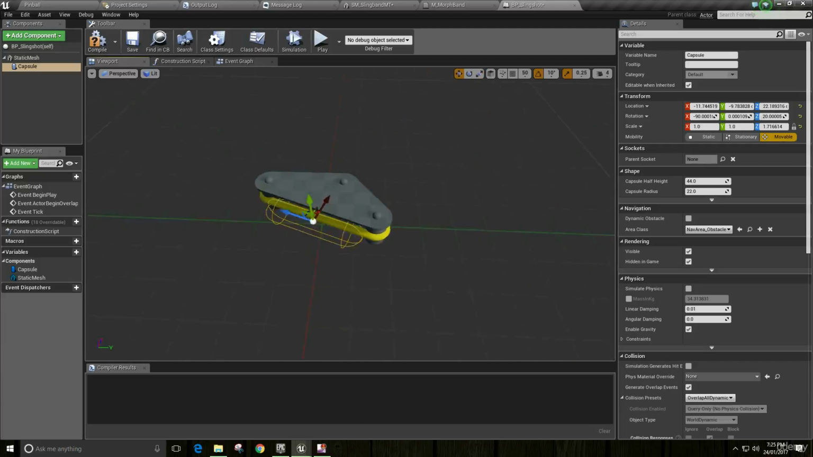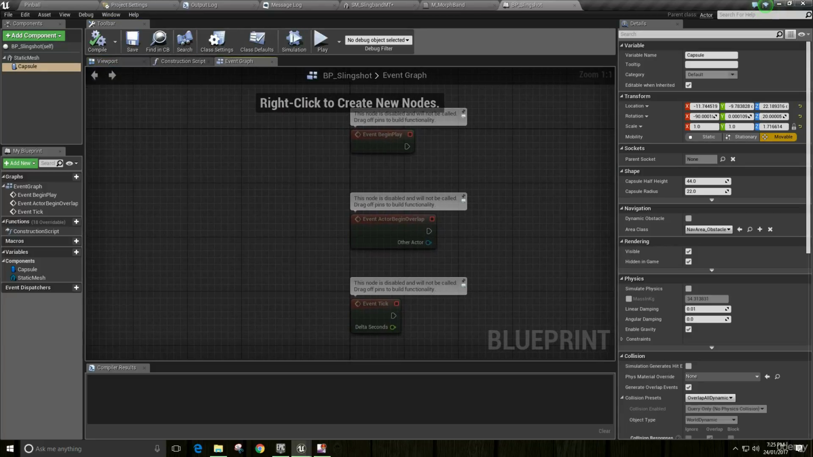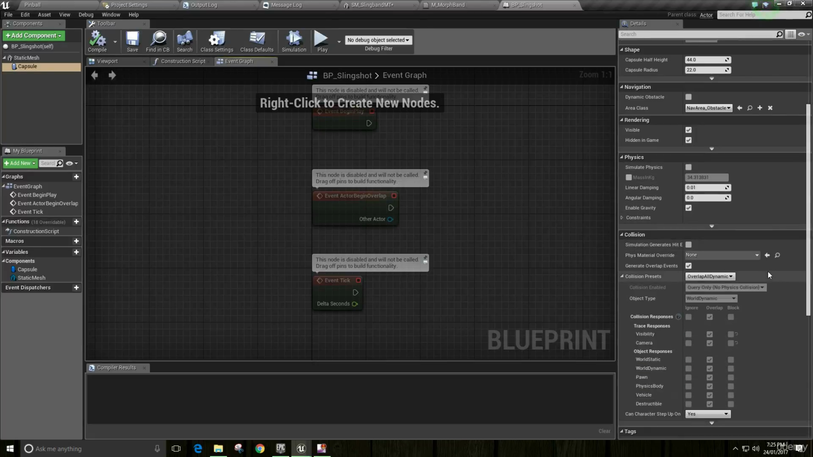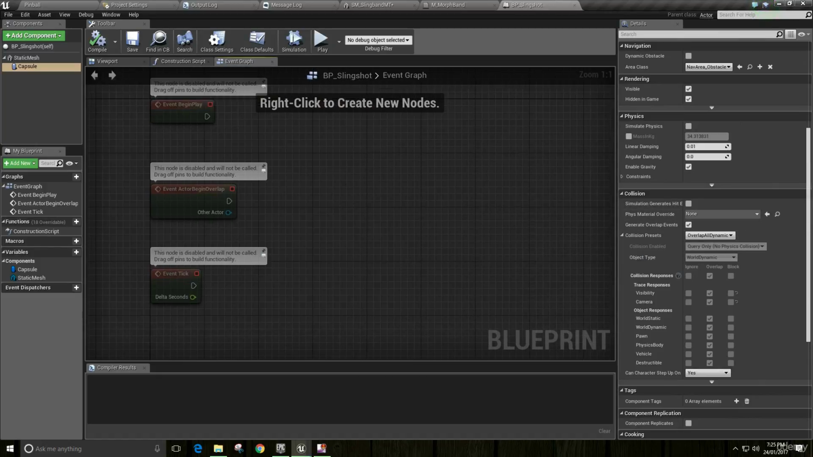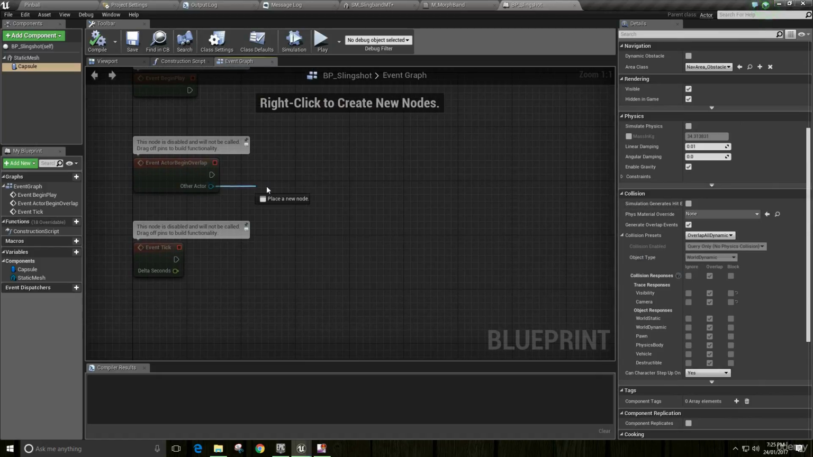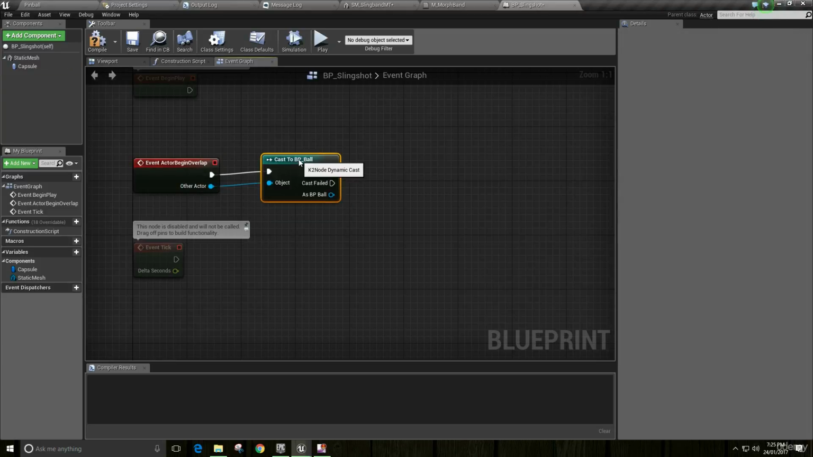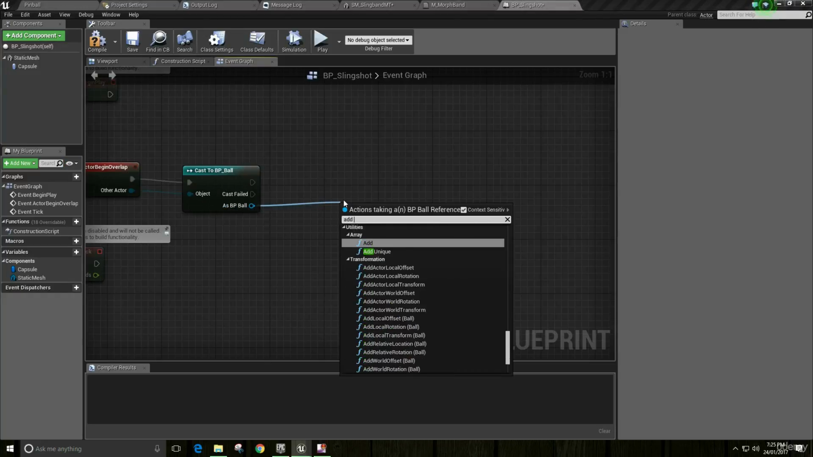So that's just there. And all we're going to do here is, in the event graph, I'm going to say on begin overlap. So this collision capsule overlaps all dynamic, and it generates overlap events, so it's correct. Now on begin overlap, we're going to check if the other actor is a ball. So I'm going to cast it to a BP ball, because we only really want this to do anything if it is a ball. Now, if it is a ball, what we want to do is add an impulse,